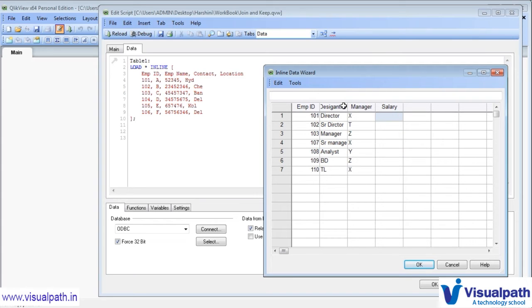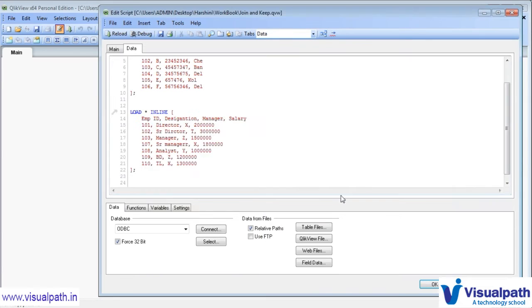So here in the salary I can keep some number as maybe 20 lakh, and senior director maybe 30 lakhs, manager maybe 15 lakhs, senior manager maybe 18 lakhs, analyst maybe 10 lakhs, and BD maybe some 12 lakhs, and team leader maybe 30 lakhs.